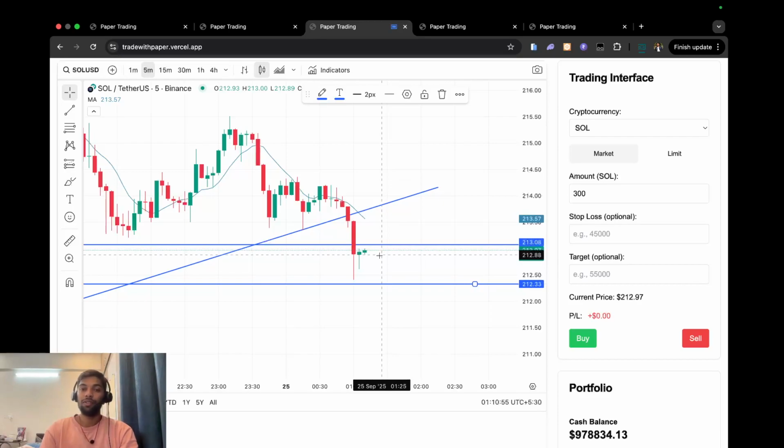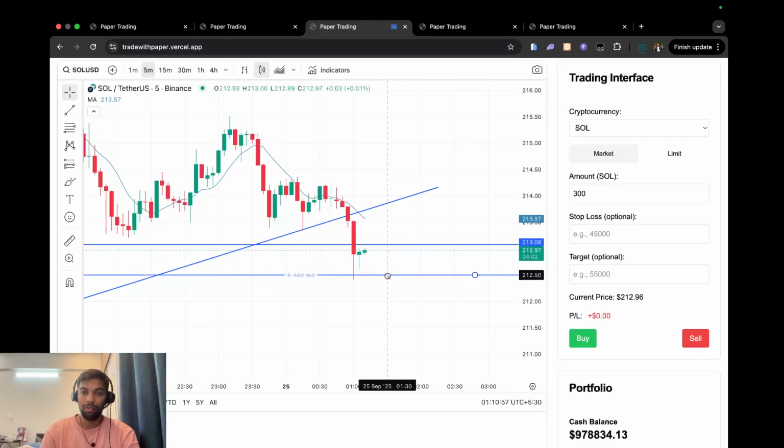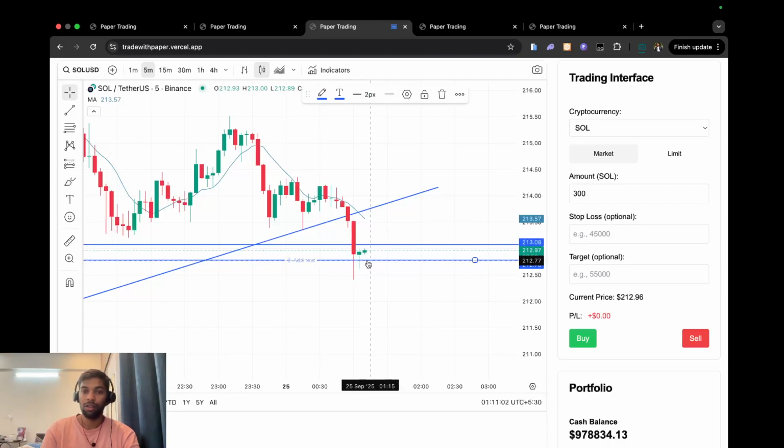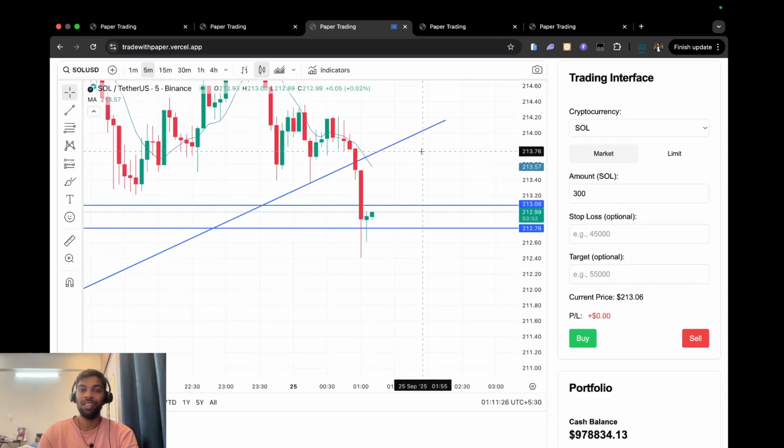So our entry will be like this: if it crosses this particular line, then we will enter in the downward direction. Otherwise we will wait for the right setup. My analysis is in the downward direction, but I'm waiting because it might trap all the sellers who entered in the downward direction. So we have to take care and be cautious at this point.